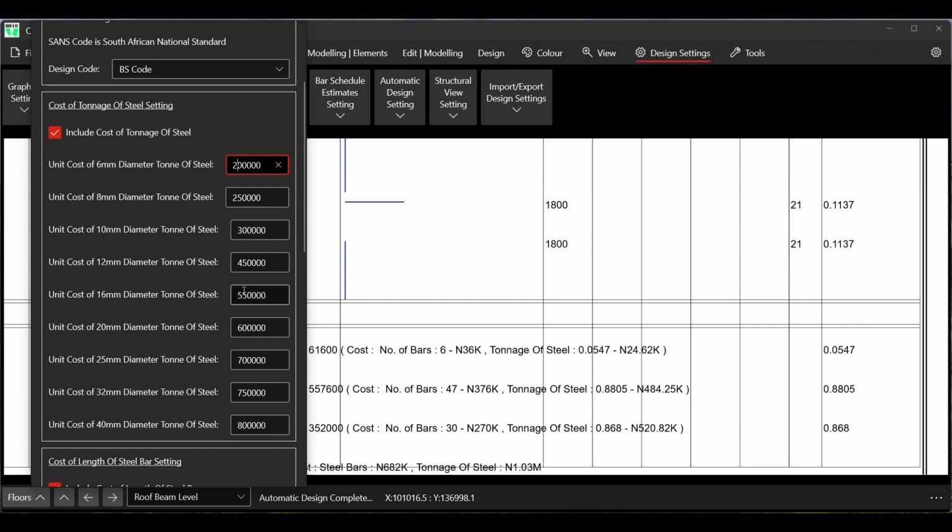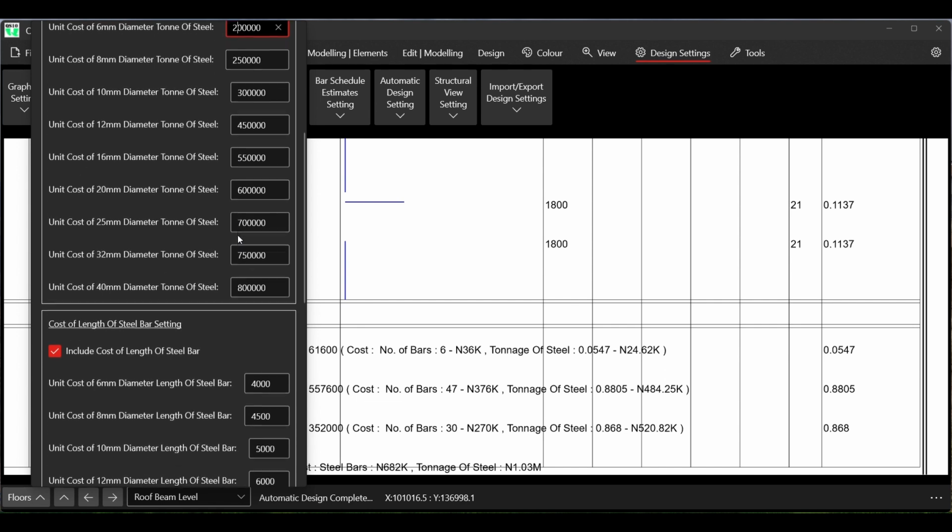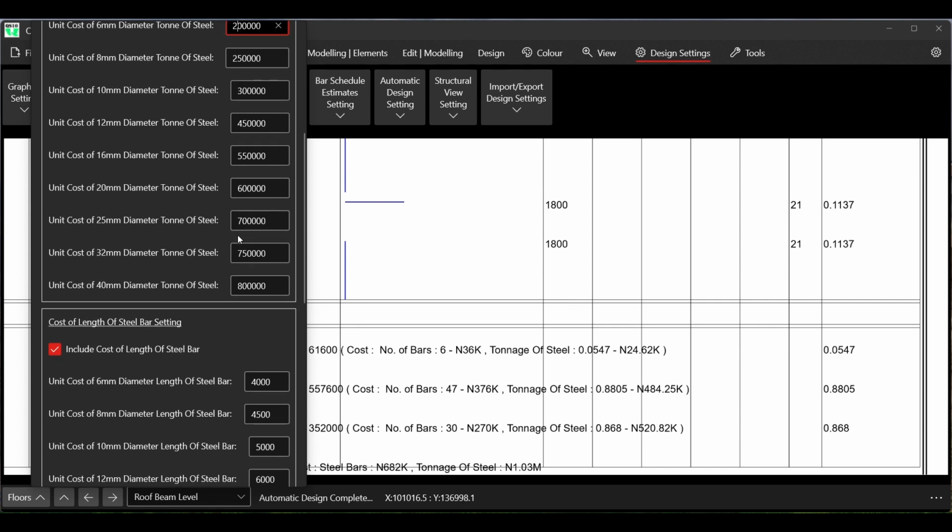And that is the cost in whatever country, whether you are working with Ghana cedis. The cost in Ghana cedis is, say, I don't know, probably 10,000 for a 6 millimeter diameter ton of steel. Just put 10,000 and the software will work with it. So I think it makes it quite easy, so that within the software,